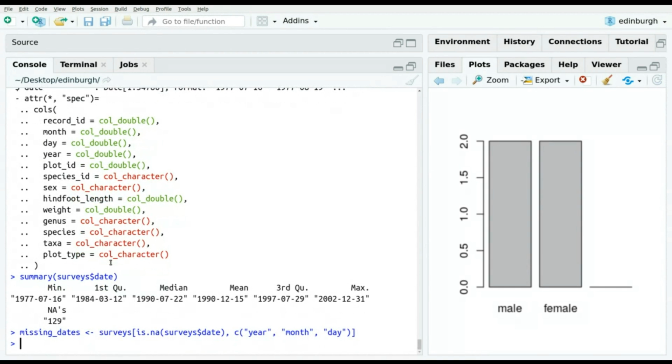So if I execute that and then I read this new variable,